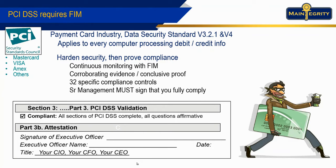So with FIM Plus, we do continuous monitoring. File integrity monitoring, FIM, is required to meet the 3.2.1 current standard and is expected to be tightened further in version 4. There are 32 specific controls, and we help you with all of them. But frankly, if you don't have FIM in place, and almost no one does on the mainframe, then you're not